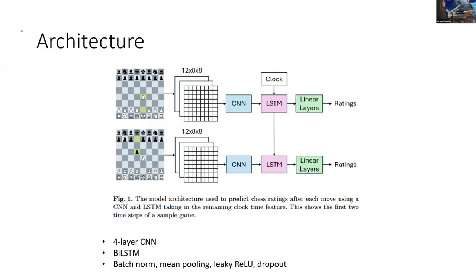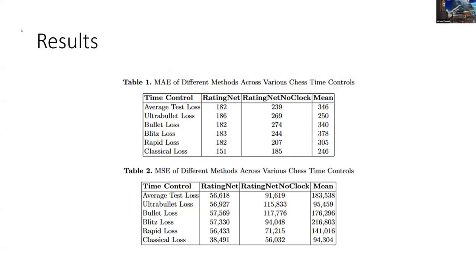Leaky ReLU: if the input is greater than 0, it outputs X, and if it's less than 0, it outputs alpha X, instead of 0 as in the normal ReLU, to give a smooth and also learnable function when the input is less than 0. And finally dropout, as is usually used, dropping out some of the neurons to prevent overfitting.